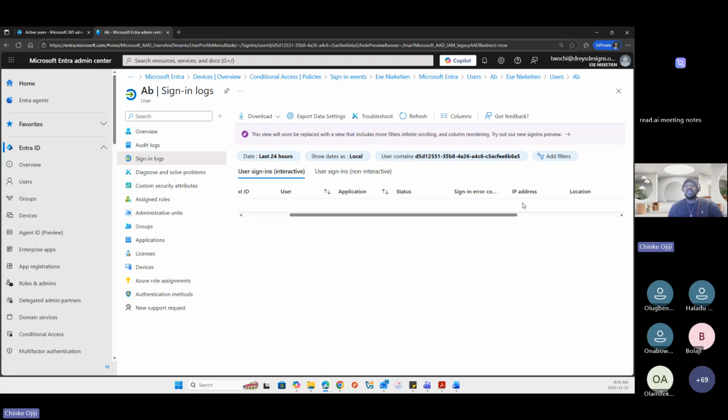If there has been a breach, for instance, as a support person I've encountered situations where an admin has complained about an account compromise, and we look at the identity, go to the sign-in logs, and check the IP address and location. Maybe this is a tenant that is in the US, and we see the sign-in location showing as Lagos, Nigeria.